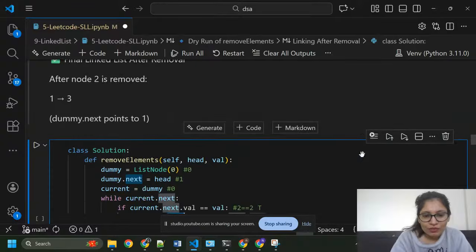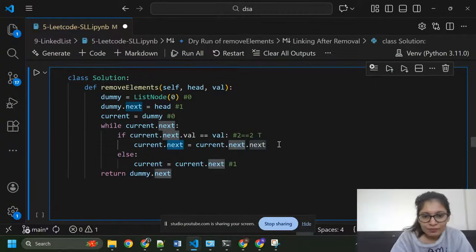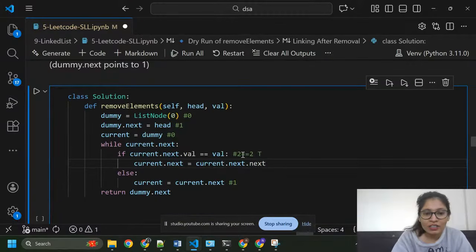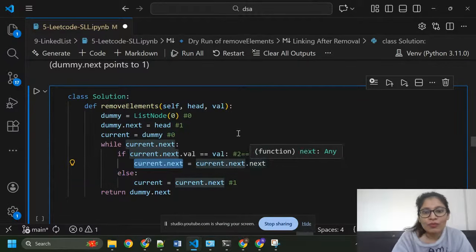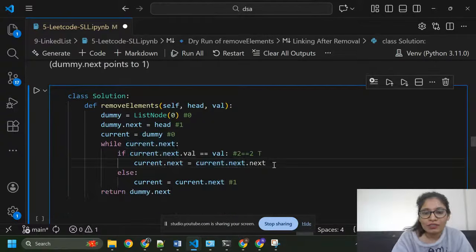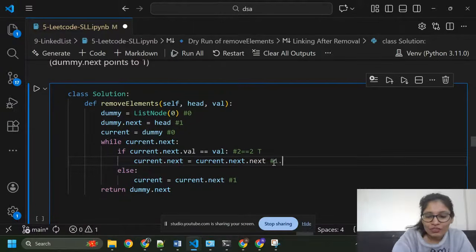So I move directly from, after removing this, how can we remove this? Okay, so current dot next current, so now current equals to what? So here current equals to current dot next equals to 1.